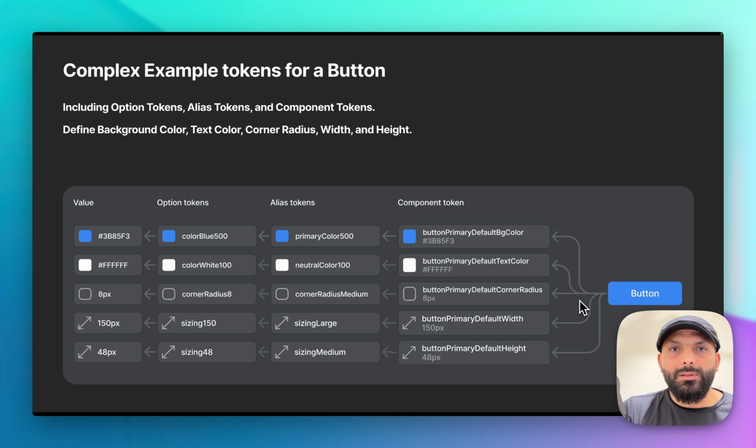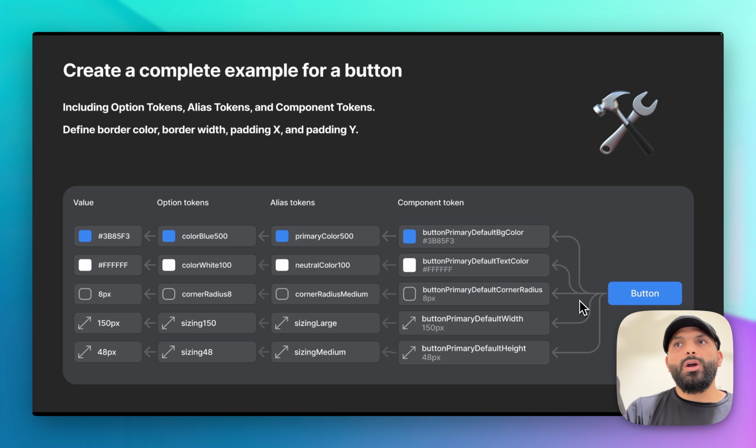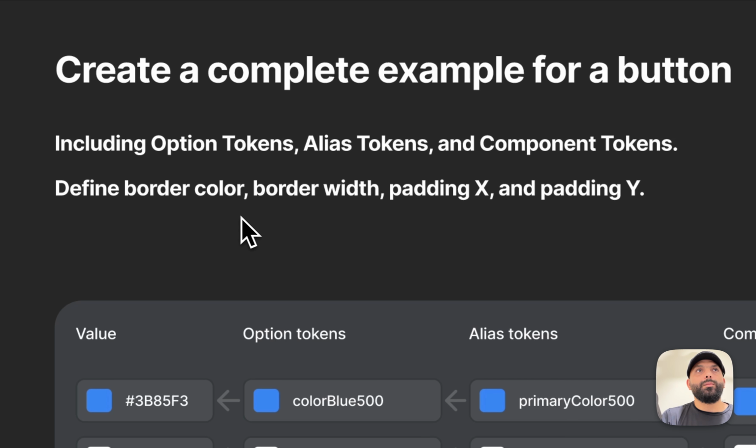This is a simple example, but if you take a look here, maybe this button is still missing component specific tokens. For example, it can be for border, correct? Can be for padding. So I need you to do one activity. Try to find the option tokens, alias tokens, component specific tokens for this button to cover the border color, border width,